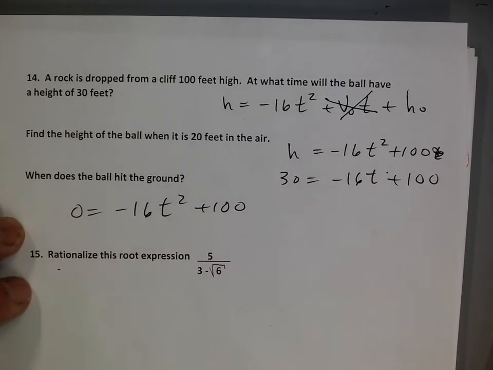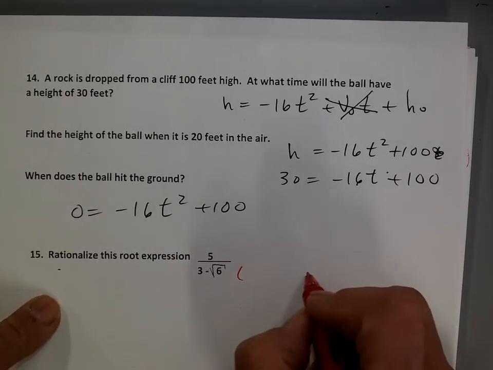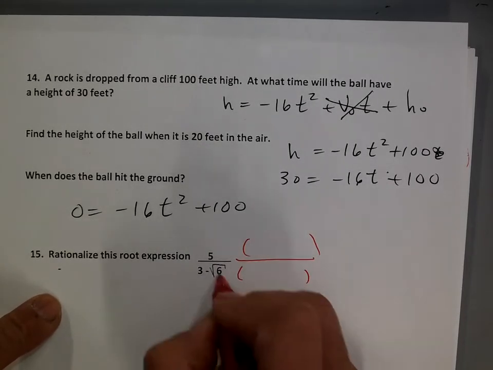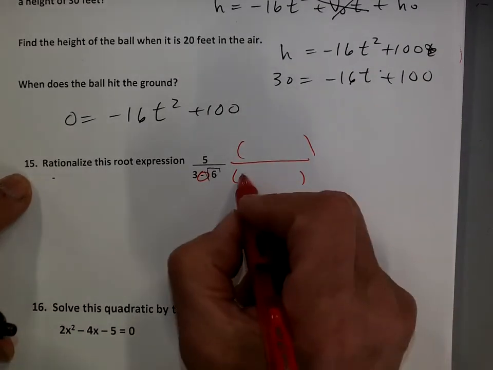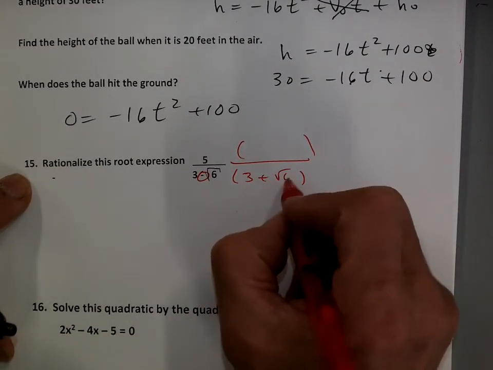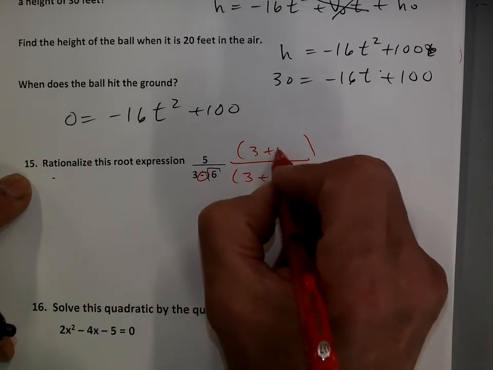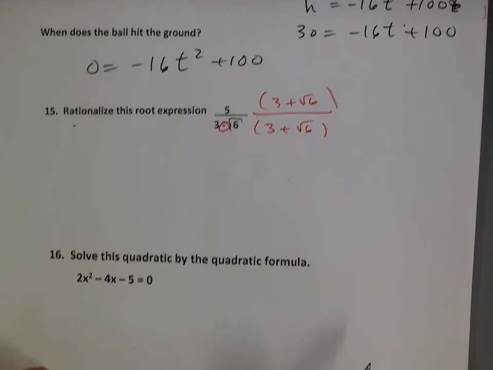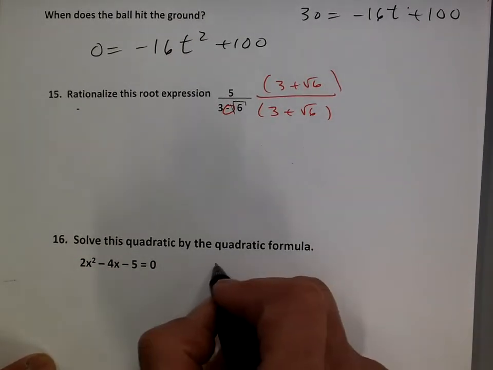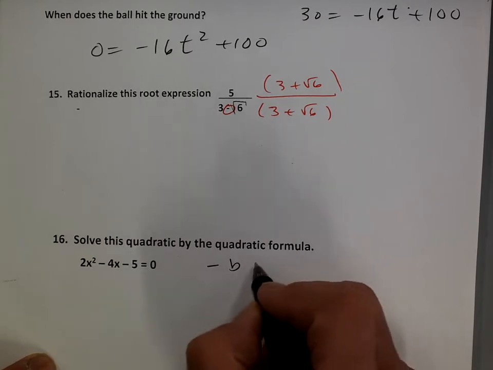and solve. Okay, 15. We're going to rationalize it. We're going to multiply top and bottom by the conjugate, which is the opposite of that. 3 plus the square root of 6, 3 plus the square root of 6, and just multiply it through and rationalize, okay? Finally, 16, we're going to use the quadratic formula, negative b, and you have to show your work,